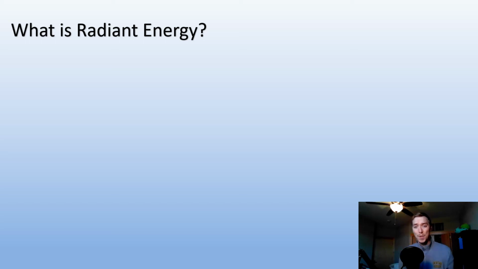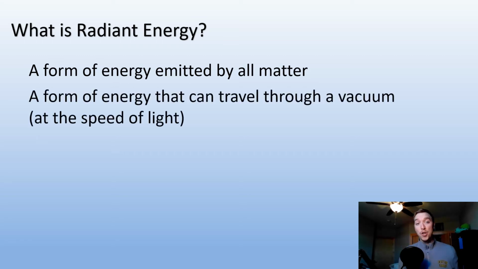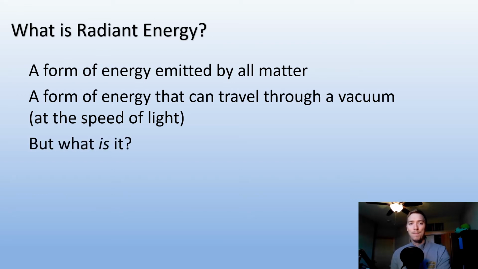So what's radiant energy? We've talked about this a couple of different times. Well, radiant energy is a form of energy emitted by all matter. It's a form of energy that can travel through a vacuum at the speed of light, which is really, really crucial if you have something that's being heated by the sun, for example. But what is it? Well,